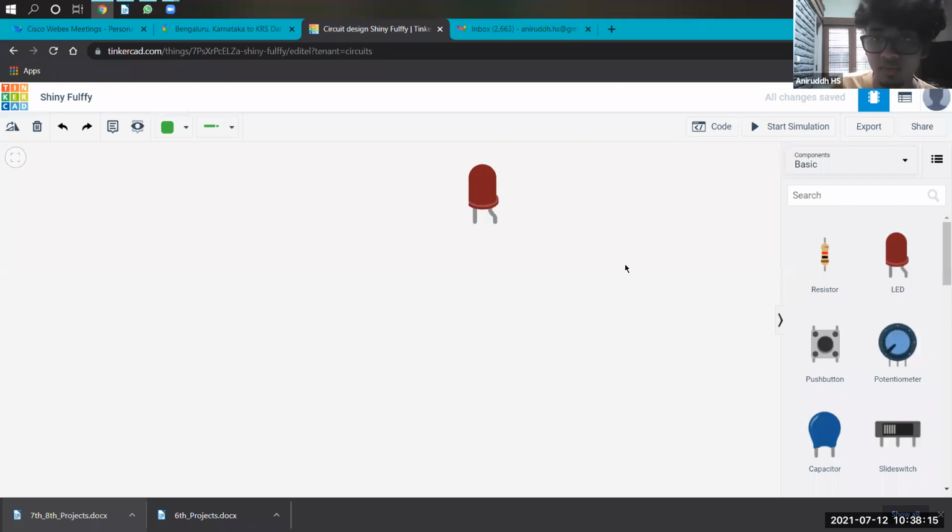I can make it big and small. In real life, it looks a bit different. This is what an LED bulb looks like in real life. It has transparent glass around it, and in the center there are some electronics. If I click on this button now, the LED light turns on.